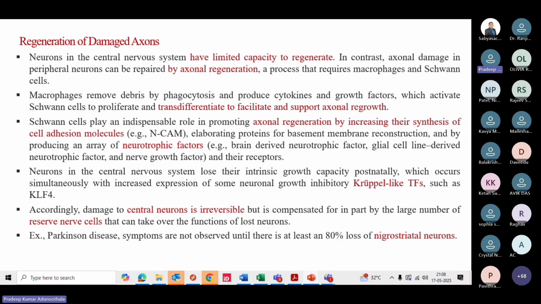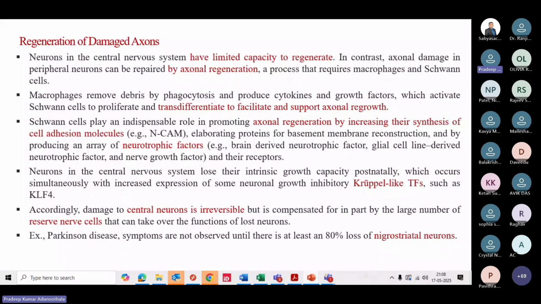So the neurons in the central nervous system lose their intrinsic growth capacity postnatally. That is, after birth, the neurons present in the CNS do not have regeneration capacity, and this occurs with increased expression of some neuronal growth inhibitory transcription factors like KLF4. So damage to the CNS neurons is irreversible, but in compensation,